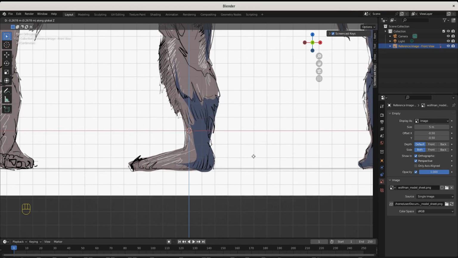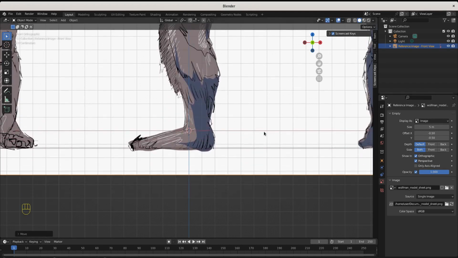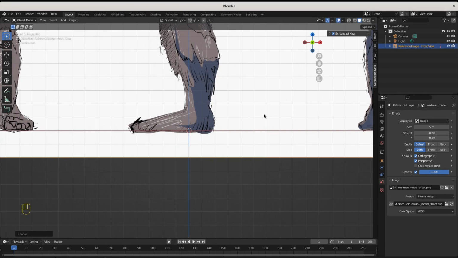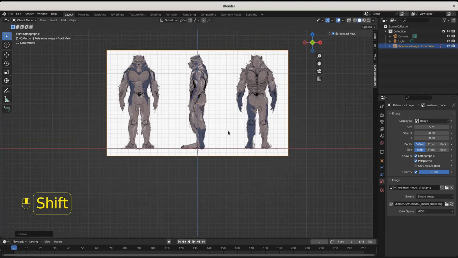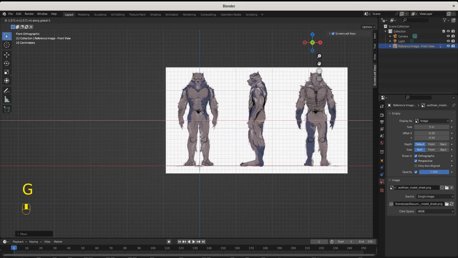Oh, I accidentally moved my mouse, and that's okay. So let's just do it again, GZ, and then just drag it up to right there. I'm going to lock that in. But this is my front view, and my front view is over here. So let's go G to the X and bring it over.